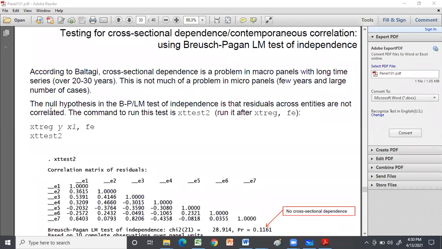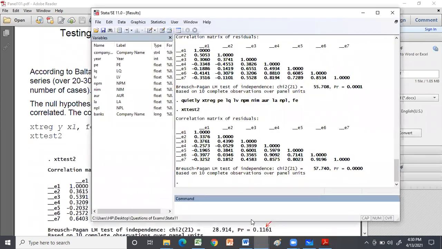Panel residuals are not dependent on each other. And in our estimated regression result, we have found that our chi-square value is 57.740 and the p-value is 0.0000. That means there is a high degree of cross-sectional dependence. That means the residual of one panel is highly correlated with the residual of another panel. Is that clear to everyone? একটা প্যানেলের রেসিডুয়াল আরেকটা প্যানেলের রেসিডুয়ালের সাথে হাইলি কোরিলেটেড।